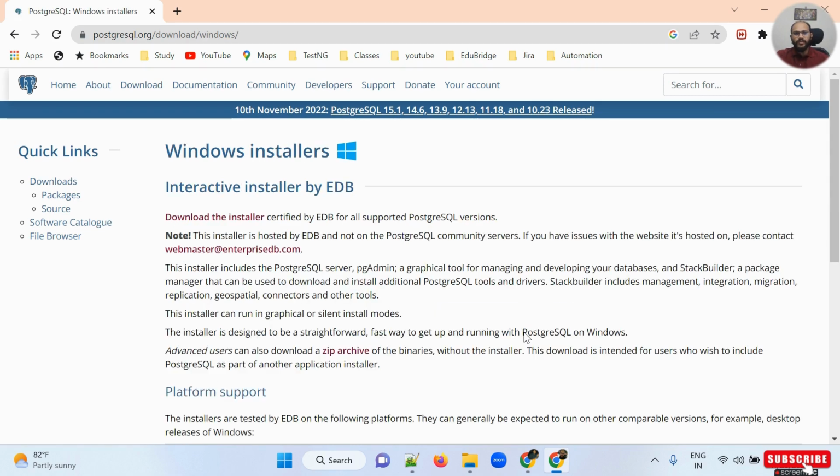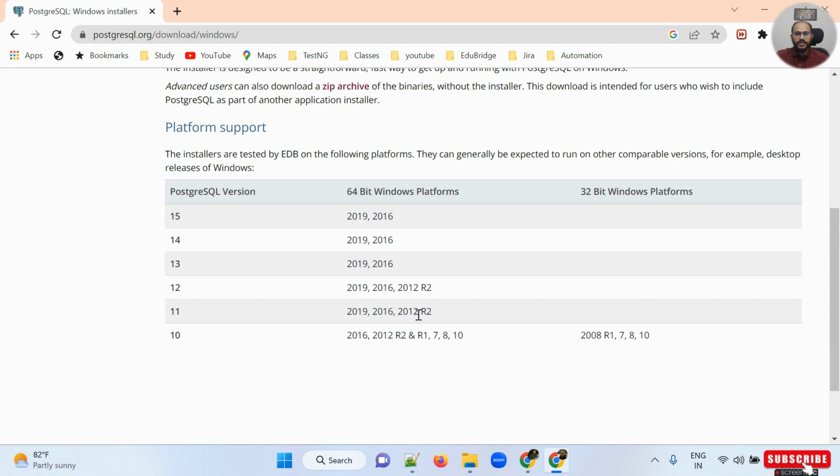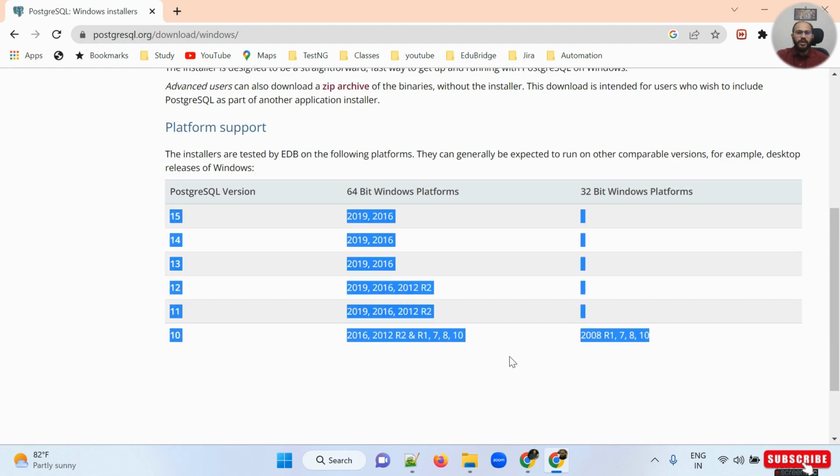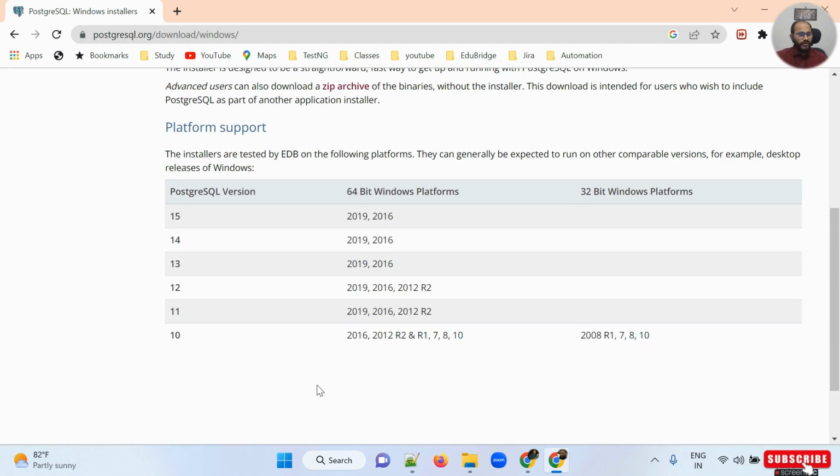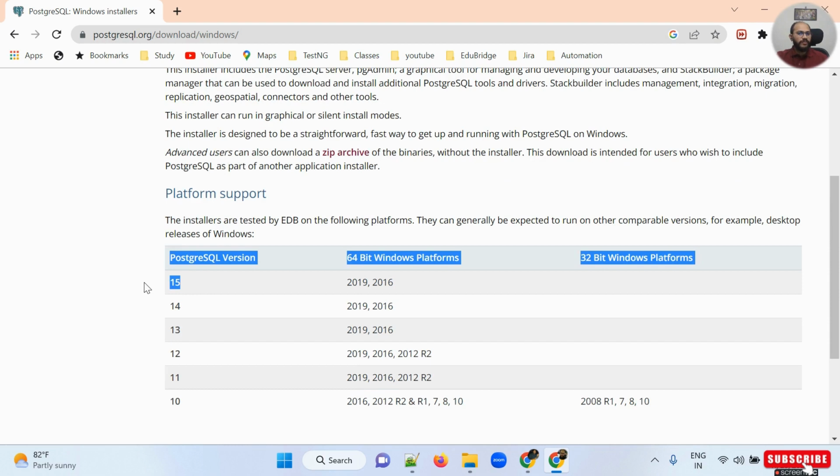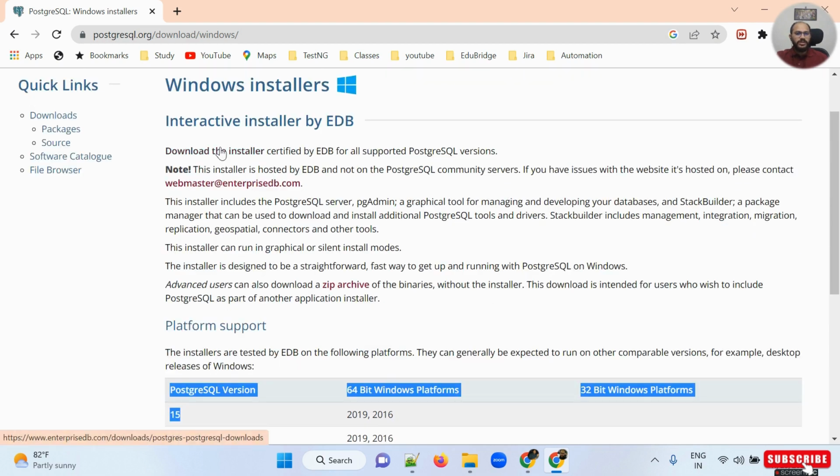Once we click on the Windows option, you can see these many versions are available over here: PostgreSQL Server 15, 14, 13, 12, 11, 10. Out of these, we need to use PostgreSQL Server 15. So here I need to click on this installer. Once I click on this link to download the installer,